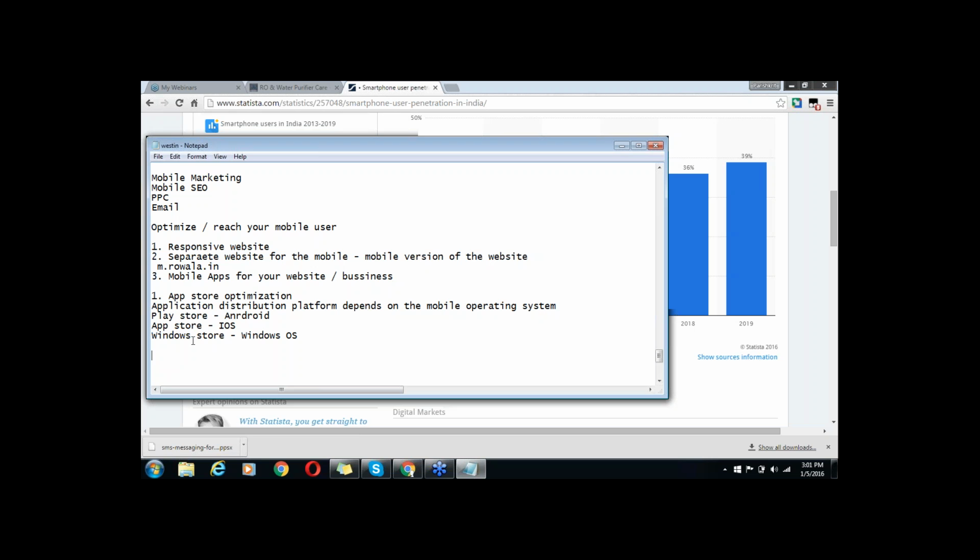So let's come back to the topic. If your business has mobile applications, the first challenge is that your application should be available for Android devices, iOS devices, and Windows devices to reach the maximum potential.